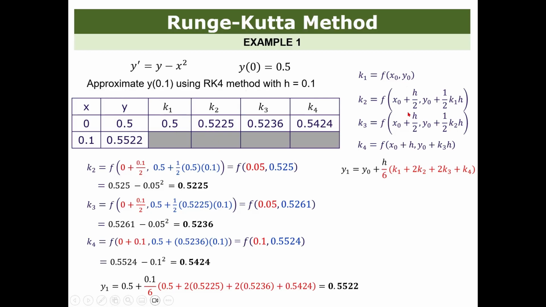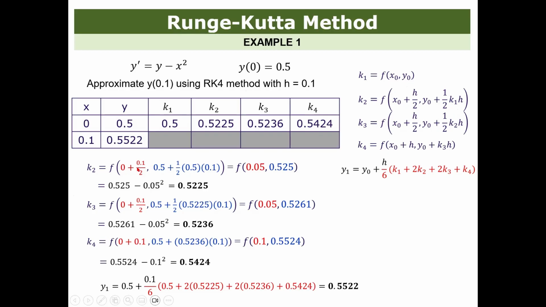And K2 is obtained using this formula. It is the function of x and y at modified values, whereby for x we add h over 2,